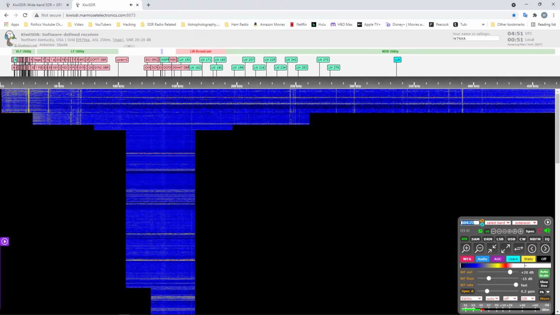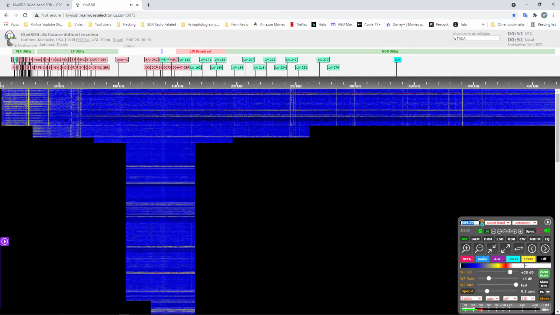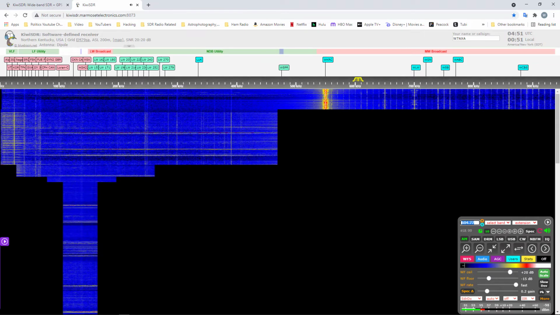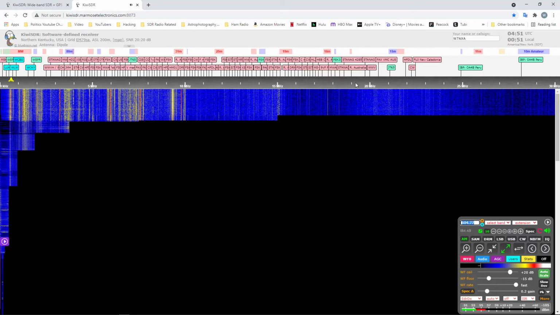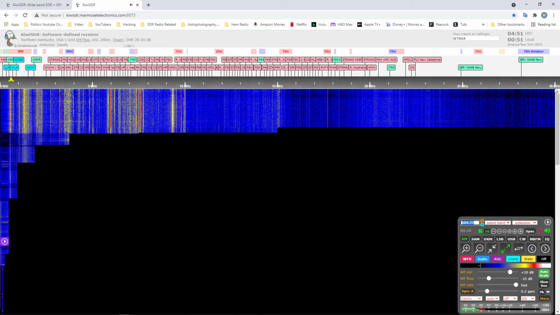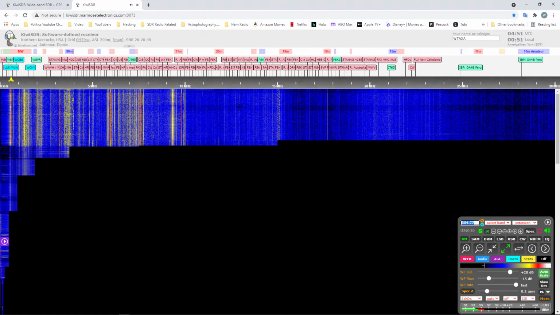I'm getting huge bandwidth, massive bandwidth, and I just keep scrolling out, and I'll completely scroll out. And here we are from 0 all the way to 30 megahertz.